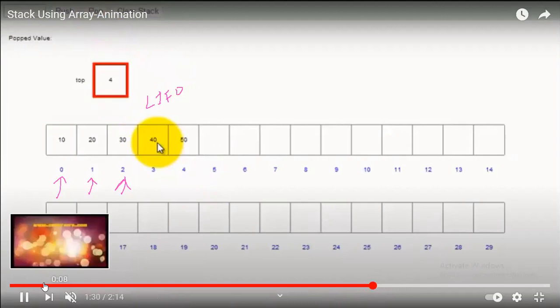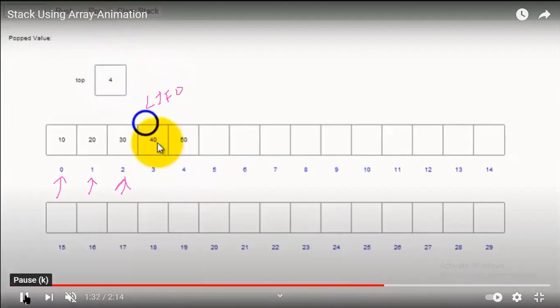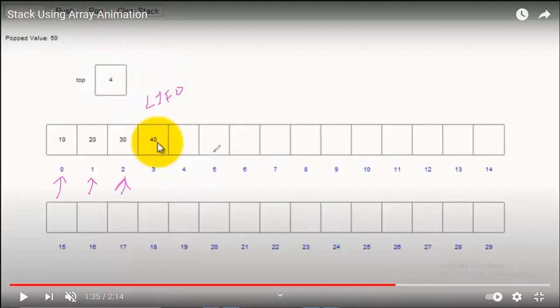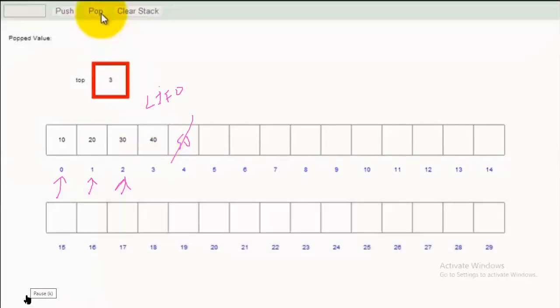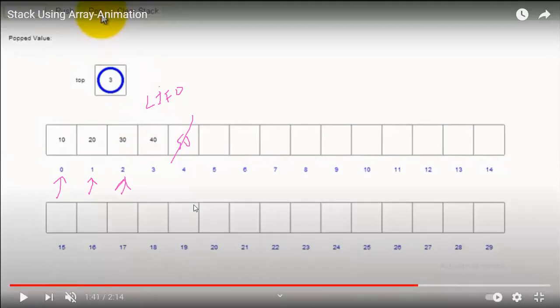Immediately I'll go to the programming. So push operation is over. Push operation of 50 has been done. Now you have to pop. When you implement pop, automatically from the top, the element is going to be popped. That is, the last element which was pushed is going to be deleted, and the top is going to be decremented. That's it. Very simple. Last in first out concept. When you call pop, you don't call pop with any value. Remember, you don't call pop with any value, whereas push you call with what has to be inserted. So that is important.